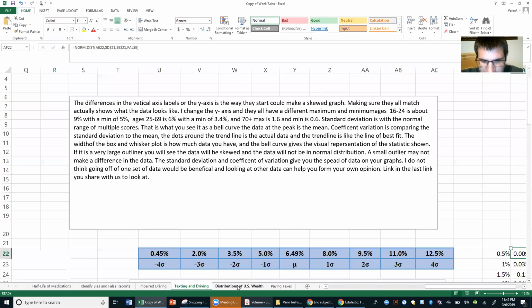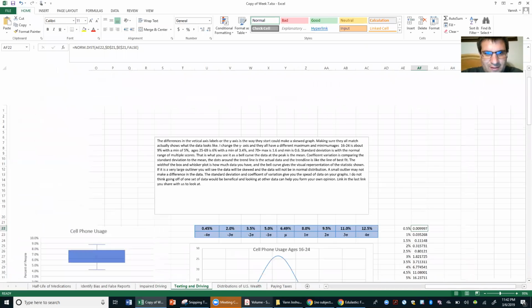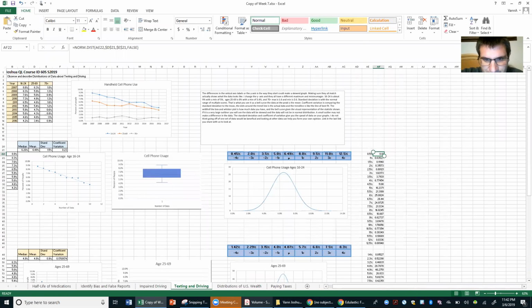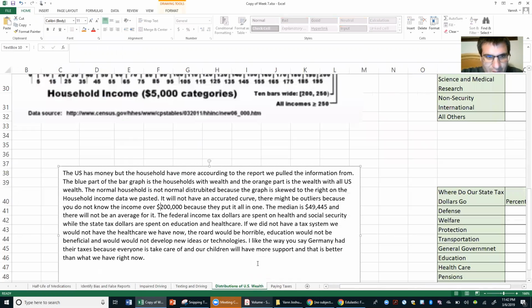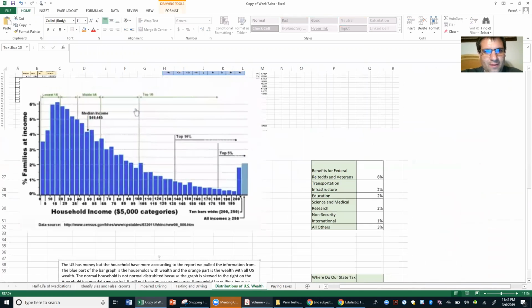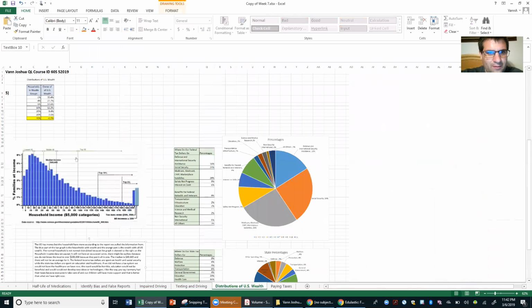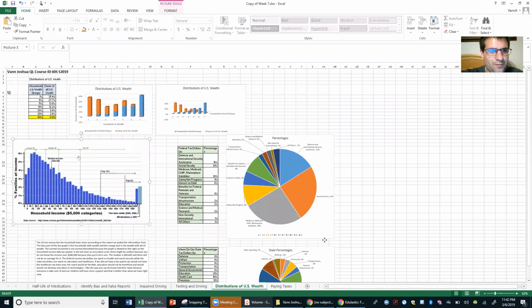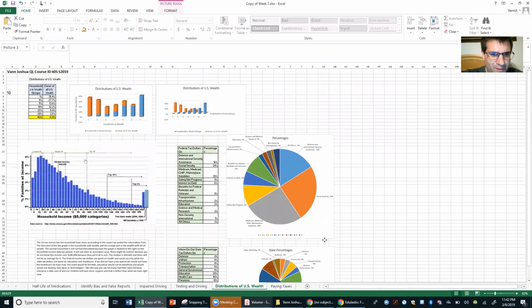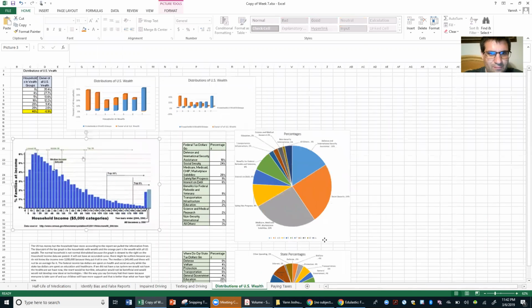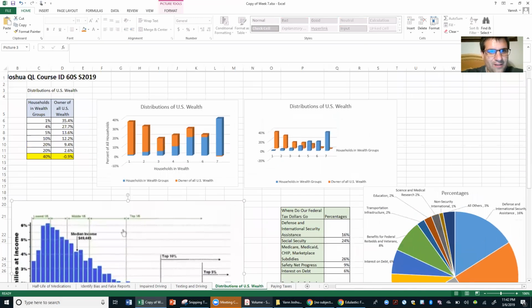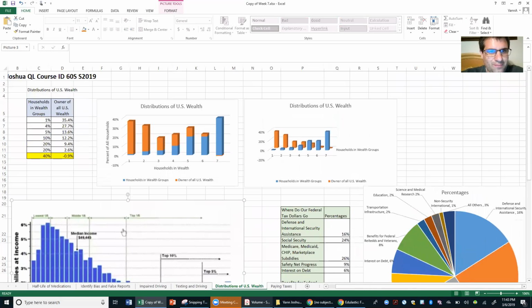Next, we looked at the distribution of wealth, and that did not change. There we go. All right. For scenario number 5, we took and looked at the distribution of wealth in the U.S. So we made a